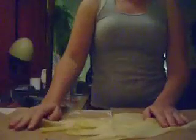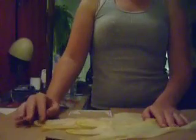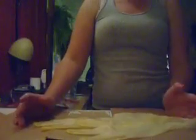Another thing you're going to want to make sure you protect is yourself. I use latex gloves. Make sure you protect your hands. These are most easily available. You can get these I think in the first aid aisle, but I know for sure that Home Depot sells them in their painting aisle. If you're allergic to latex, they do sell other things such as nitrile gloves, so you might want to look